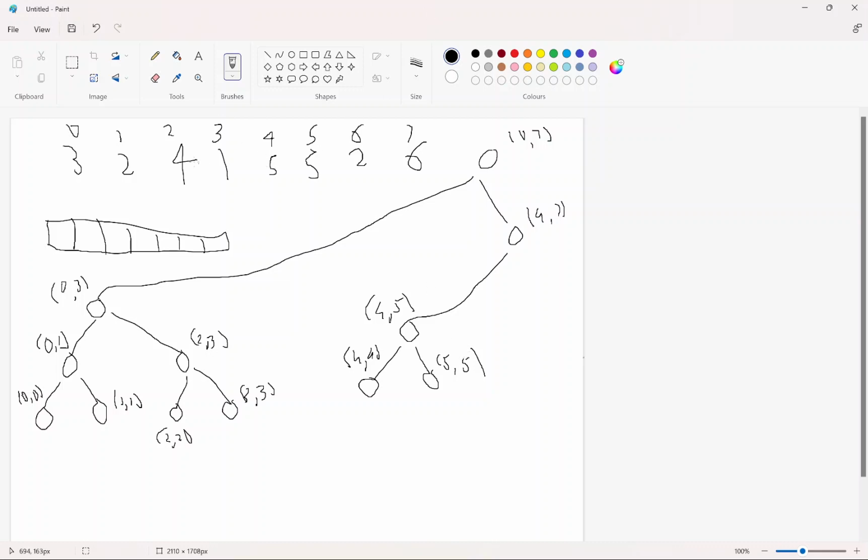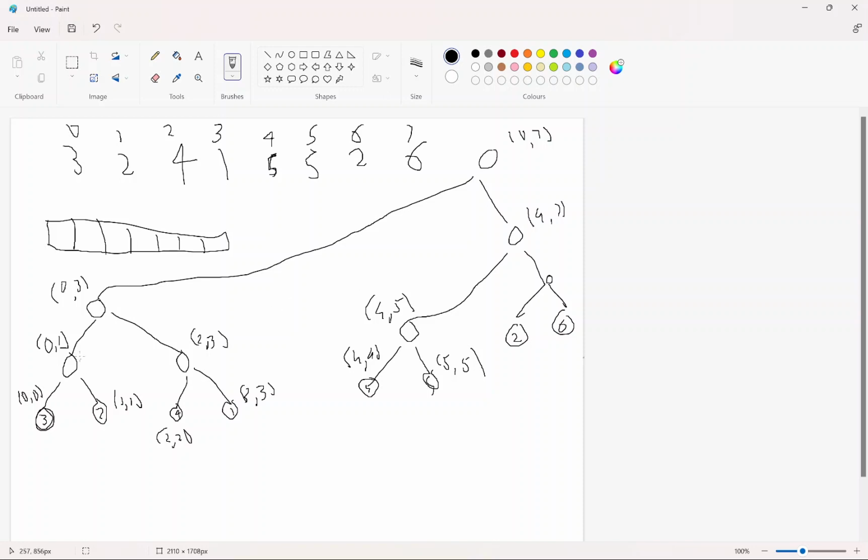Now we know what we are storing. We are storing the maximum value from range L to R. So in this leaf node, the maximum value will be the value assigned to each node, right? So for the range 0 to 0, its value should be 3. All the leaf nodes should have the original values, which are 2, 3, 2, 4, 1, 5, 5, and when it will be like this, it will have 2 and 6,